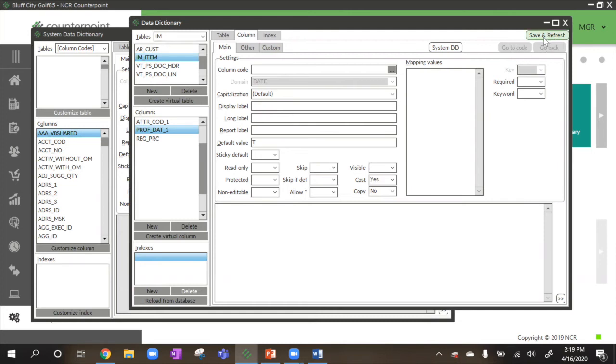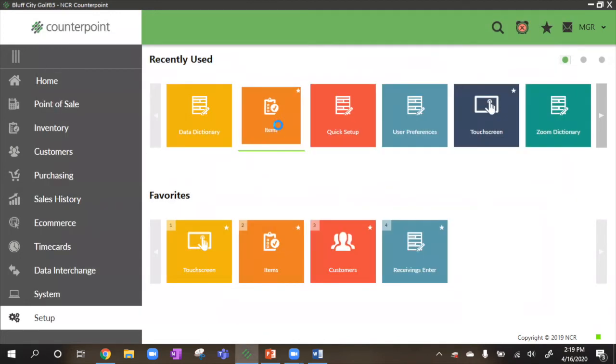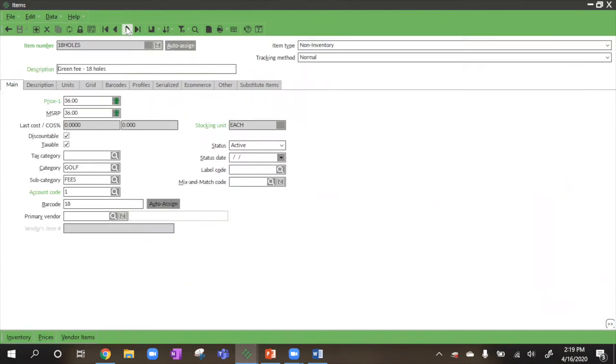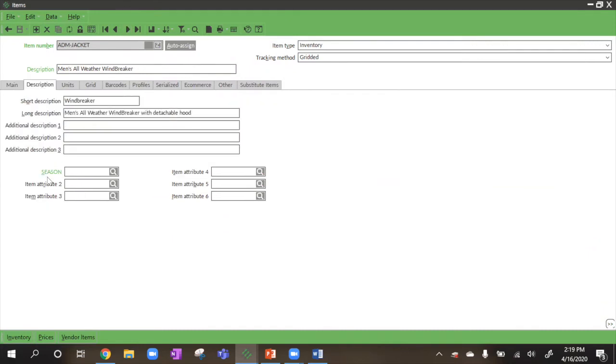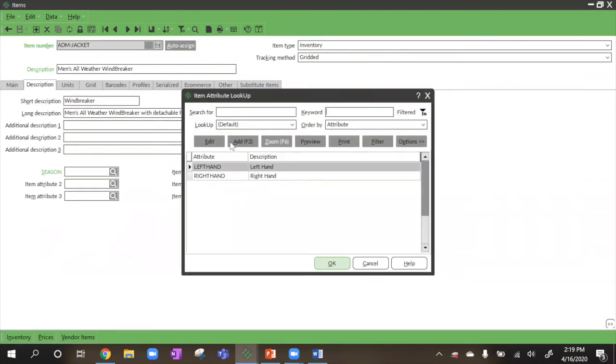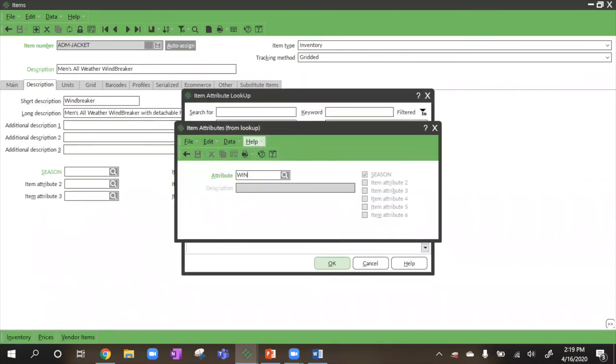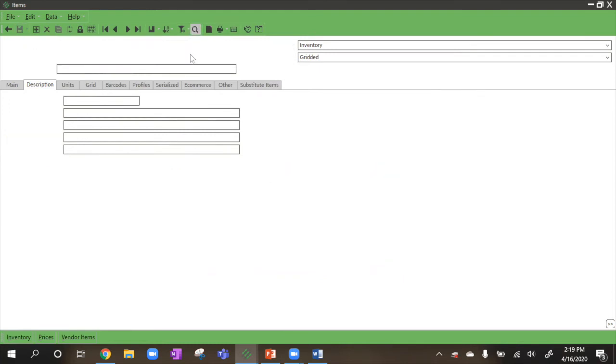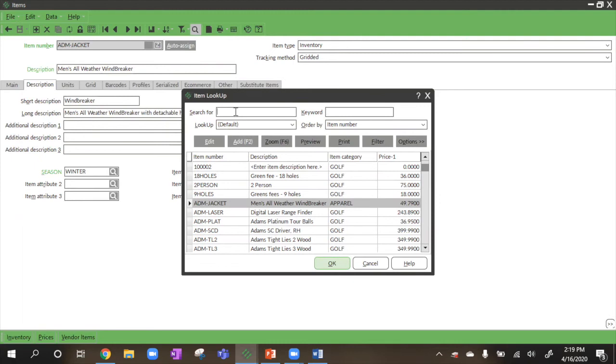All right, so I'm going to save and refresh, close out of this screen, and now see what we did here in the item record. So I'm going to scroll over, I'm going to select an item. I'll now see on my description, I made that a required field. This had previous values, but let's say winter is one of the attributes that I'm adding in. Okay, and save. Now, when I do a lookup, it's going to respect